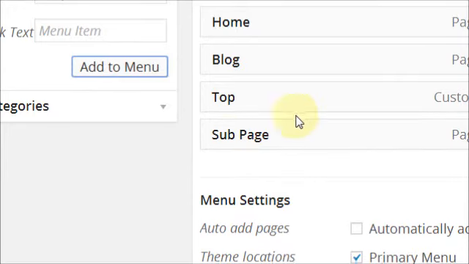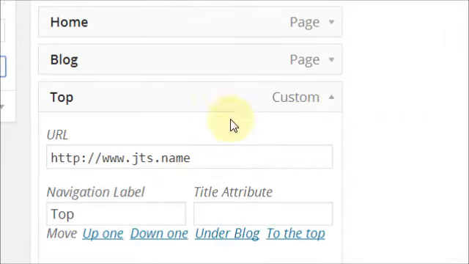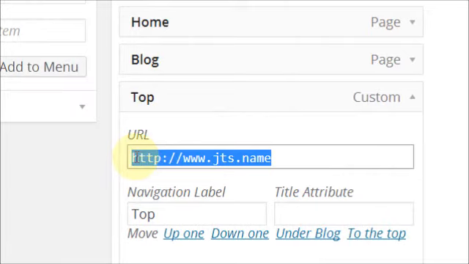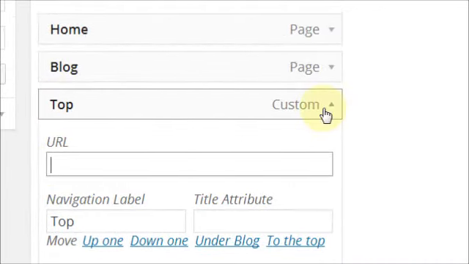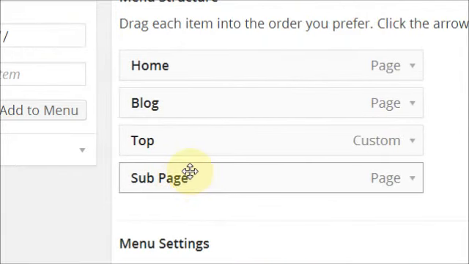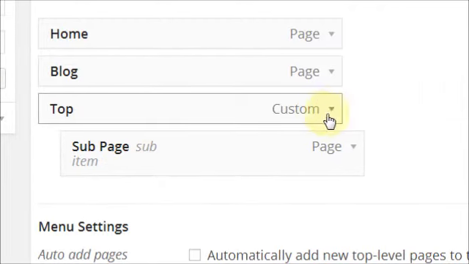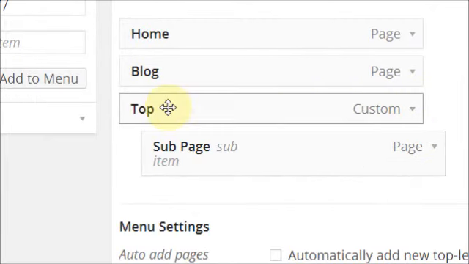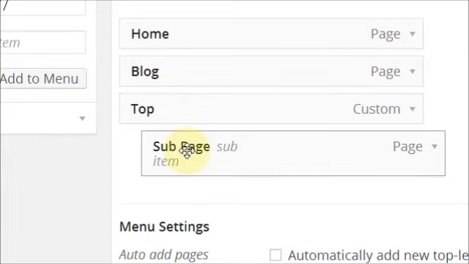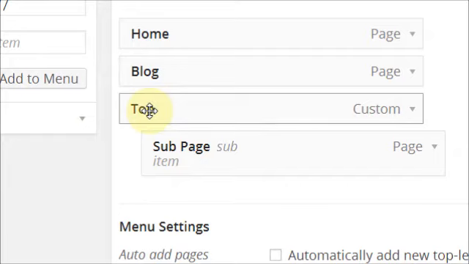Well, what I have to do is actually go in here and remove this URL. I just don't want it to go anywhere, so you can do that, and then move your sub page underneath, and just make sure, yeah, there we go. So I have my top header, and I have my sub page, which actually links to another page. This doesn't link to anything. I just want to use it basically as a top header. So I'm going to save that menu,